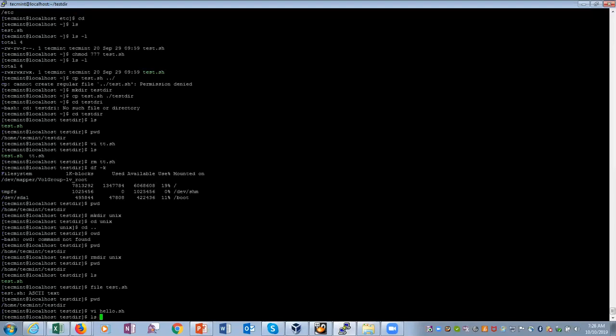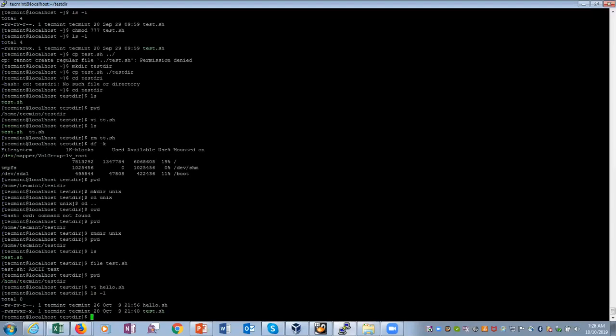Now if I see ls -l, this hello.sh, you see this is the default permission, read and write, that means 4 and 2, 6, 6, 6. So I want to change it to read, write, execute for all of them.